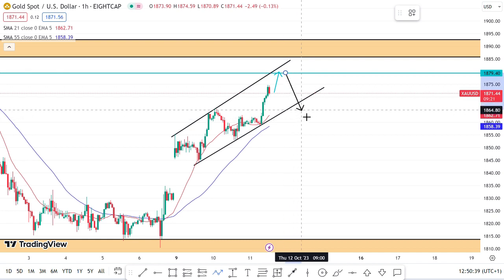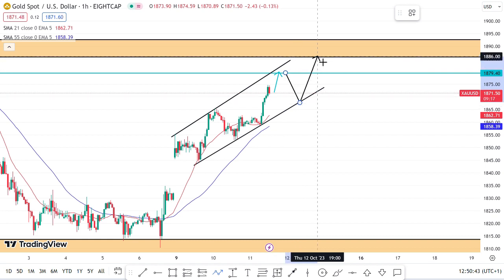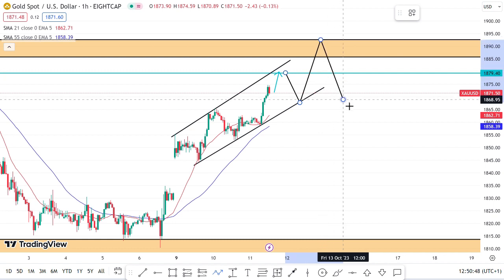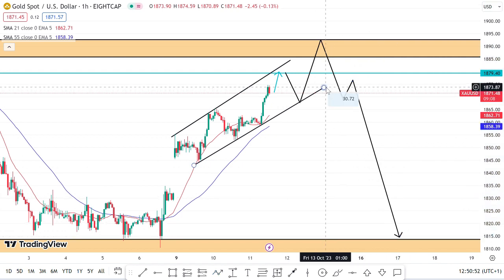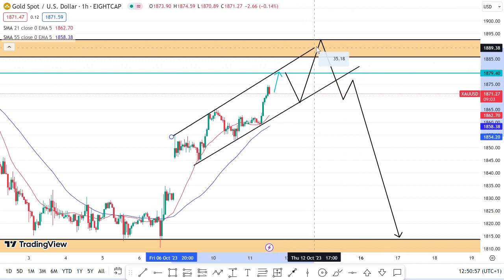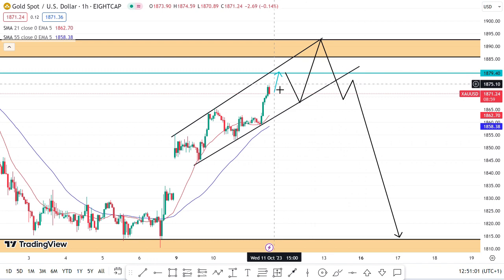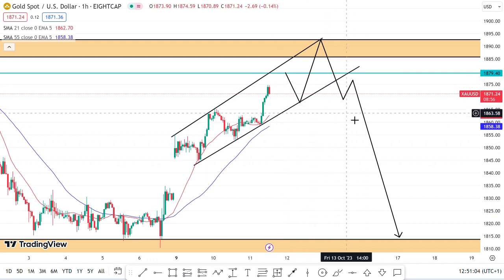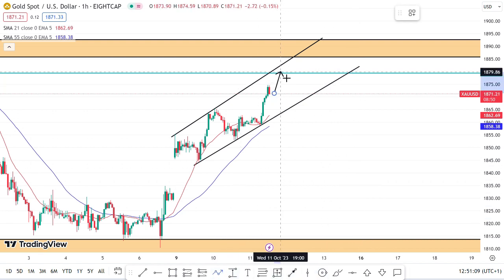But if we are not able to break this channel, we might see price reacting here and taking it to the upside. Maybe somewhere here we might see price breaking out and boom. So this is what I'm looking at, guys. You might see this happening, or we can see price breaking out somewhere here. You can see price coming here